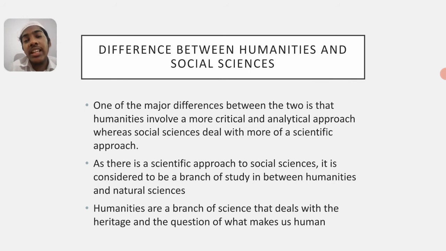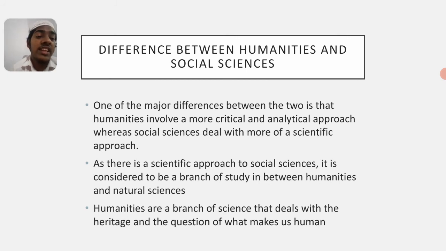Then there will be a code of law, a type of law, to approach a study in the social sciences, but there is not this type of code of law in the humanities. Humanities studies as they wish, but social science has a scientific approach. Then there will be a code of law.